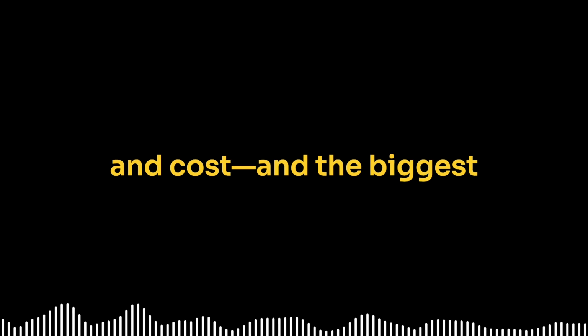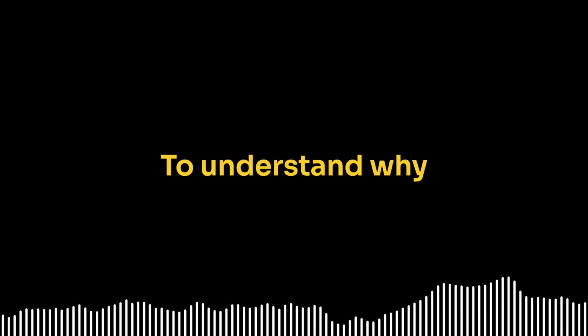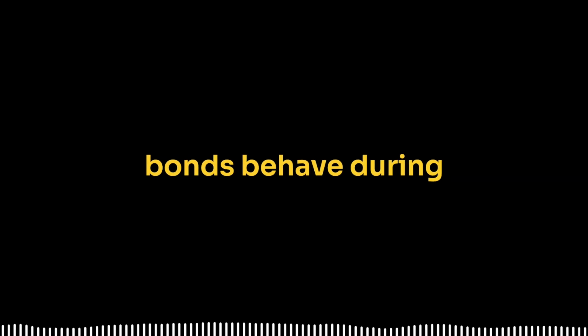The main reasons come down to safety, lifespan, and cost, and the biggest risk of all is something hidden deep in its chemistry: the release of oxygen at high voltages. To understand why lithium cobalt oxide becomes unstable at high voltages, we need to examine how cobalt-oxygen bonds behave during